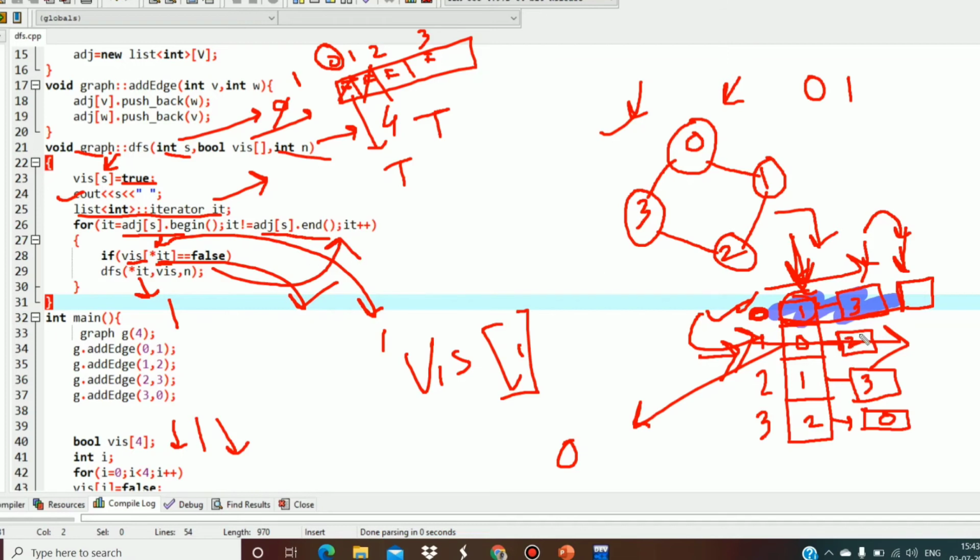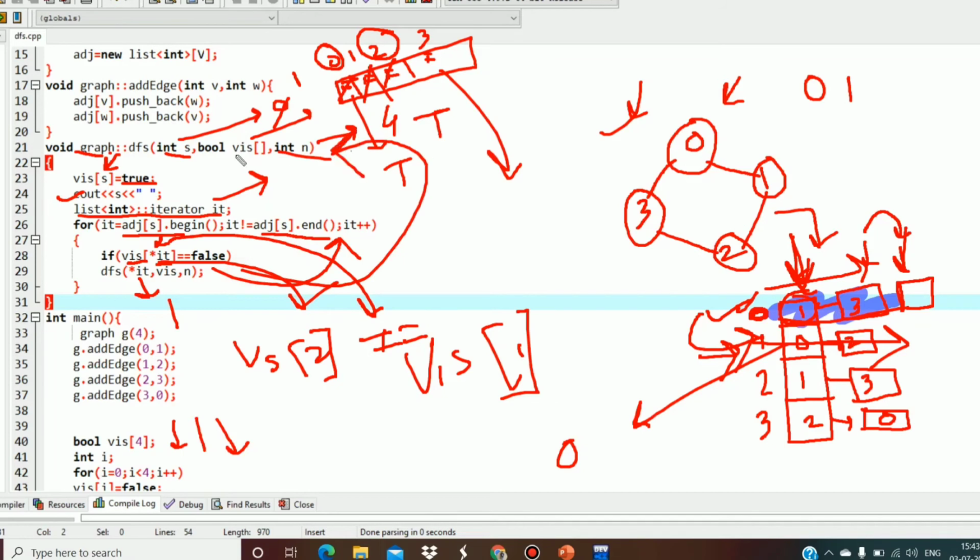Next is 2. So it will check whether visited of 2 is visited or not. If we see this visited array, we find that it's not visited. So it will make a call for vertex 2. Again it will make a DFS call for vertex 2.